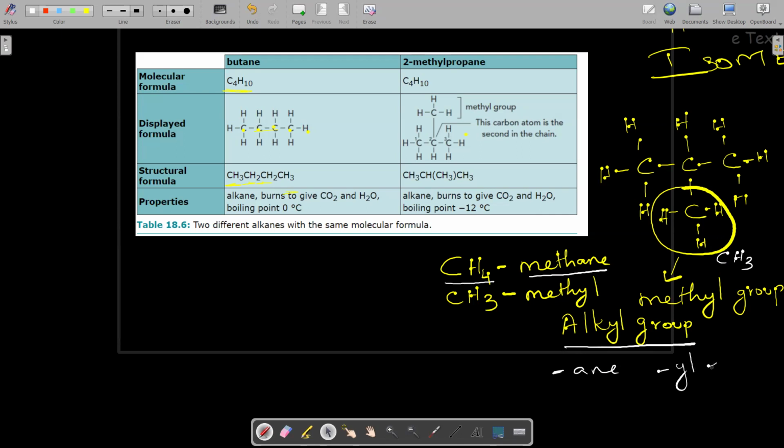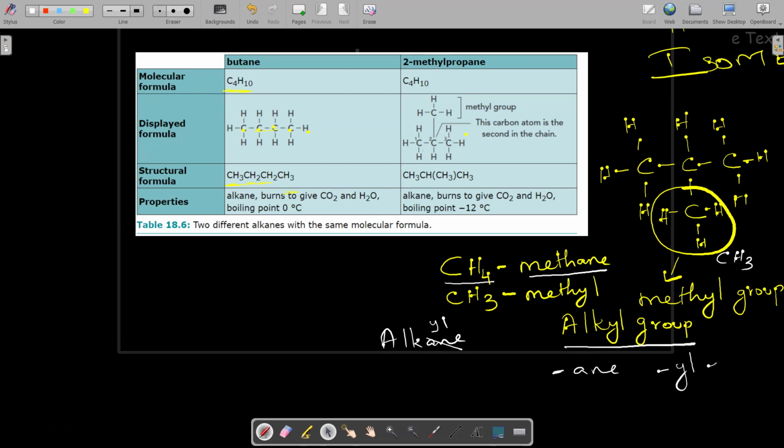Remember, Y-L. So alkane gets changed to alkyl. And when does this happen? When we remove one hydrogen. See, CH4 has now become CH3. So that's the first thing you need to consider when you start naming